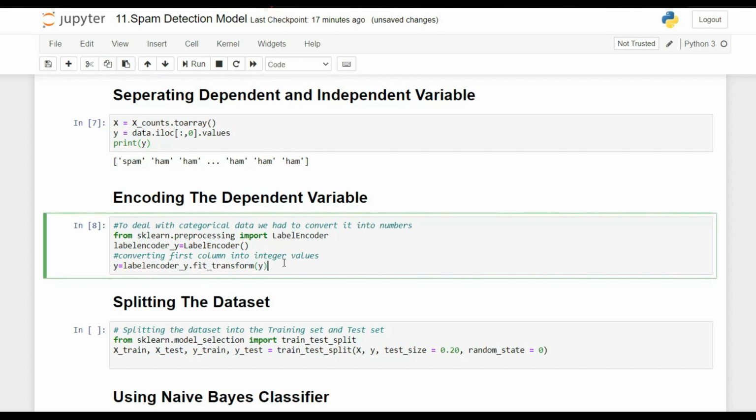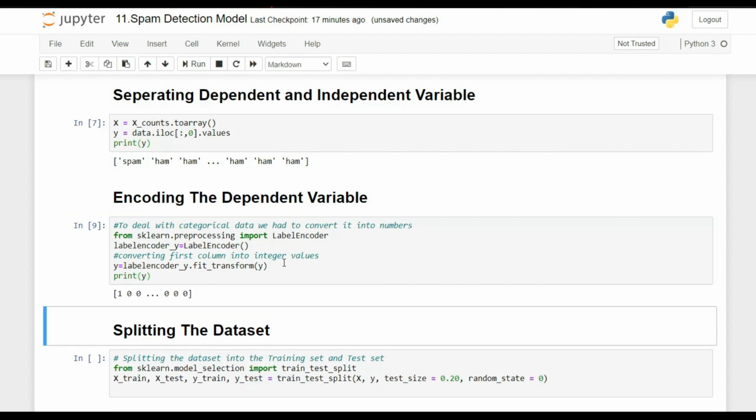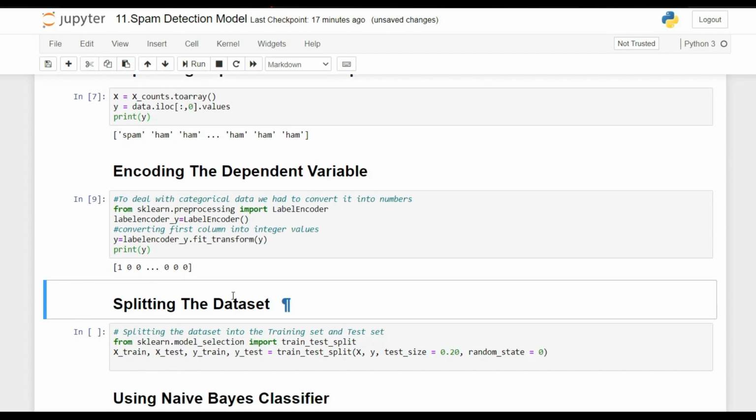Now if we look at y, as you can see, we have successfully transformed the string labels into integer labels. So now I hope you understand why it is important to feed integer data, and why to transform string or character to integer, because machine learning can't process text data, so we need to convert it.